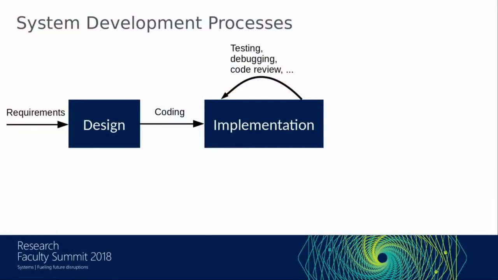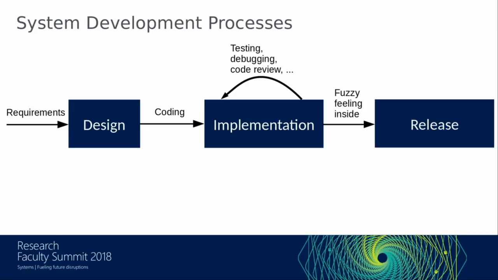So let me start out by talking about maybe the standard story people have in their heads about how we're going to use formal methods. We're building systems. We somehow gather requirements for what those systems should do. We have designs, and then we write some code, and we iterate through applying quality assurance methods like testing and debugging and code review, and we do that enough, and we become sufficiently confident that we can release something and let people use it and not be too worried about serious security problems.